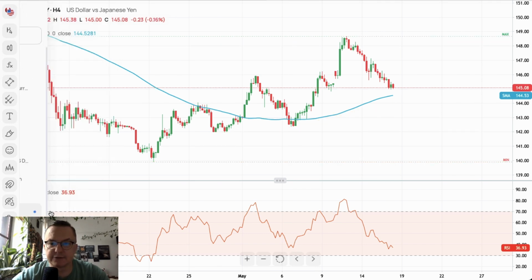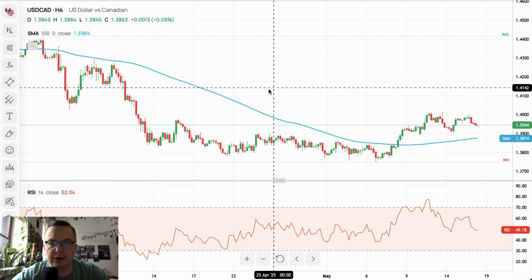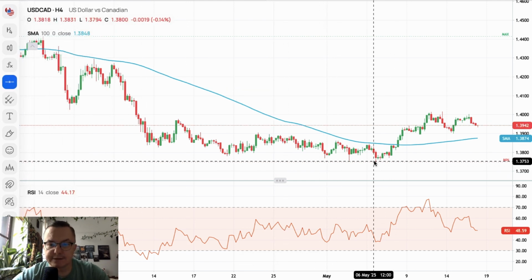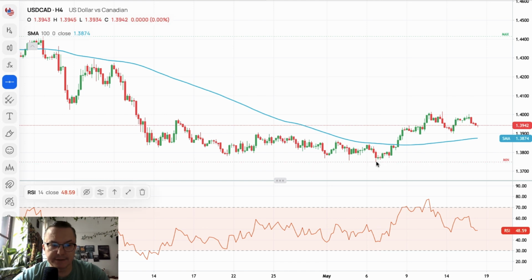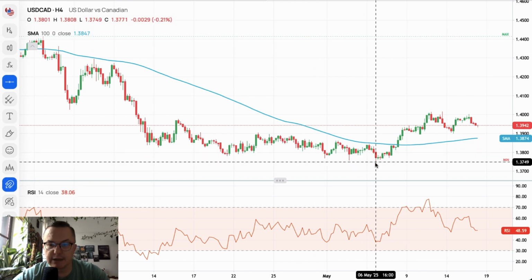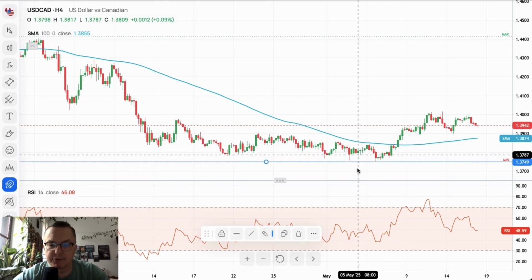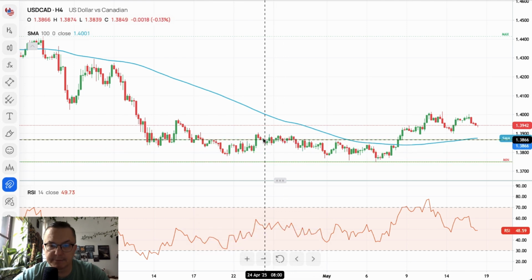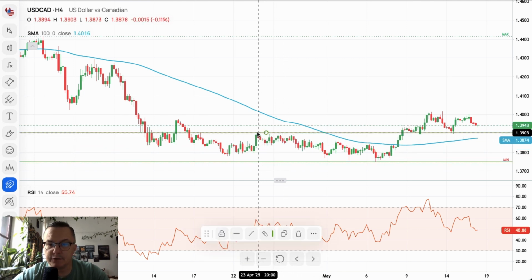Let's take a look at the US dollar to the Canadian dollar, 4-hour time frame chart, ahead of the crude oil data. It is showing us nice improvement to the upside. Let me just finish with some levels. Now, support: 1.3749 technical support,